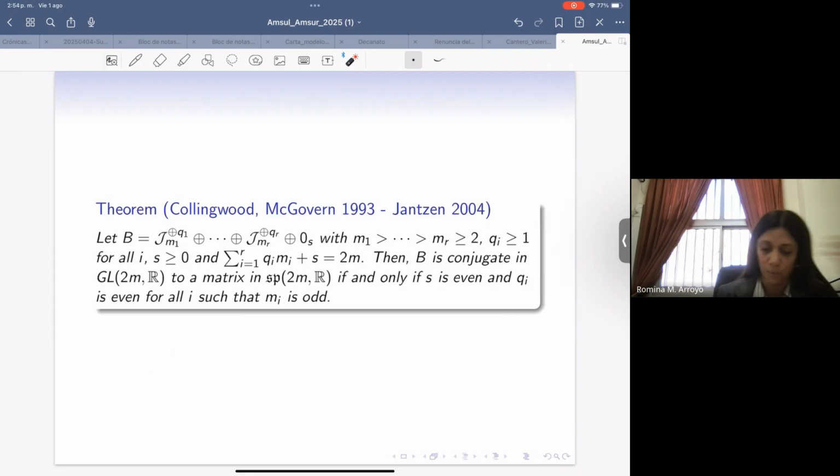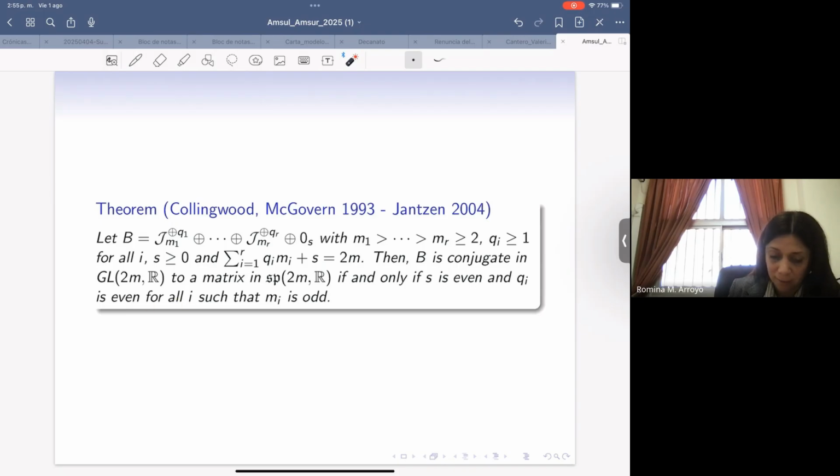This theorem was proved by these people. If you consider a matrix written in the Jordan normal form, then B is going to be conjugate to a matrix in sp if and only if s is even, again, and the exponents q_i are even,